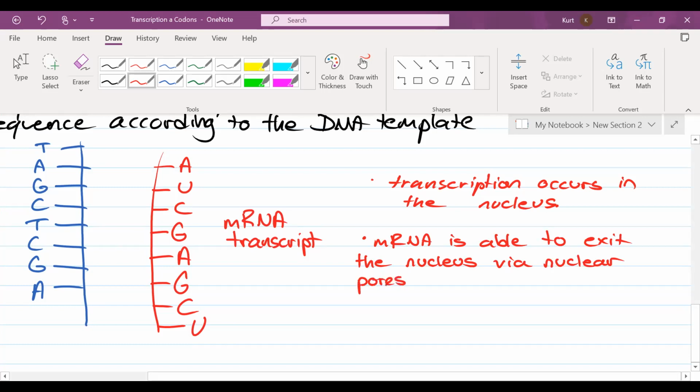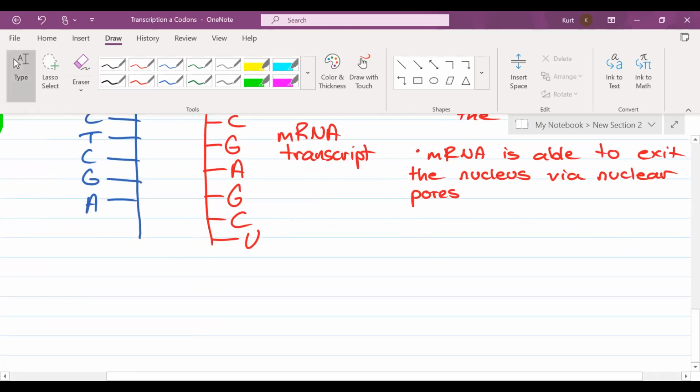So just like you all have little pores on your face where sweat and grease and oil comes out, the nucleus has these little tiny pores that mRNA is able to escape through. Once the mRNA escapes the nucleus, it's now in the cytoplasm. mRNA enters the cytoplasm